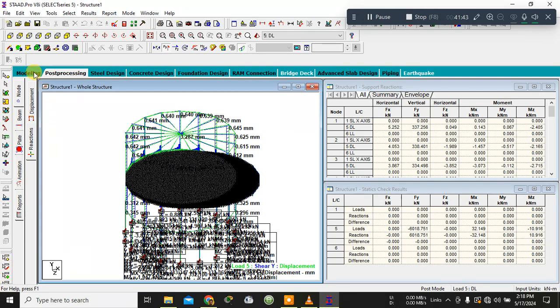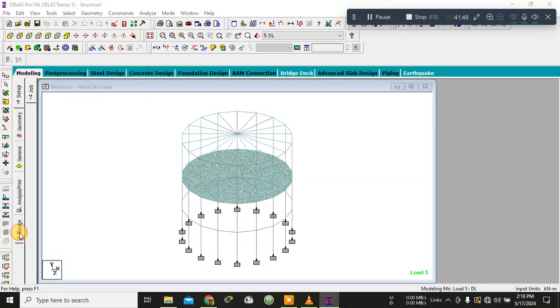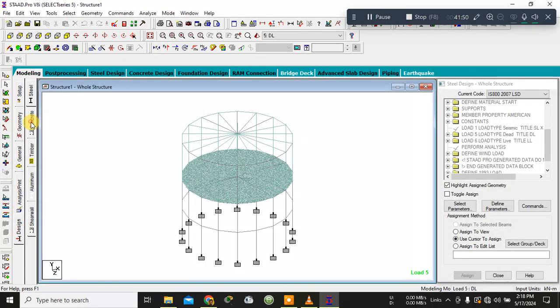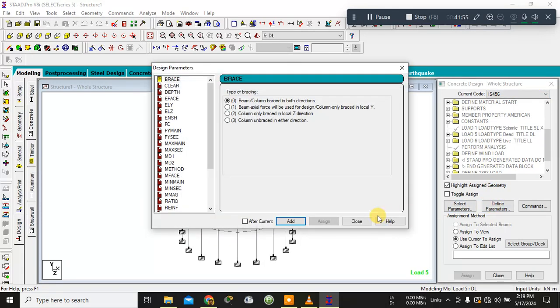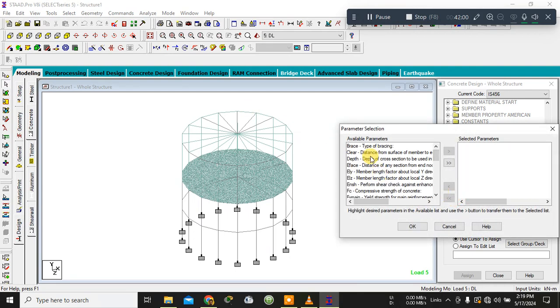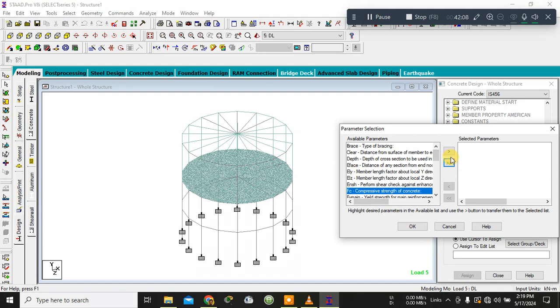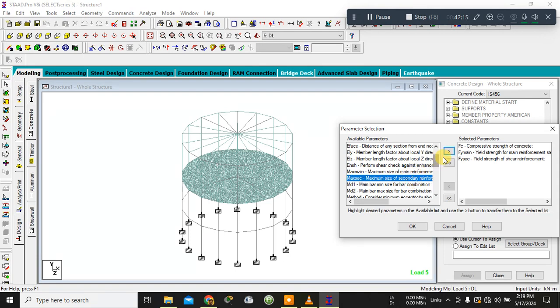after that you have to go again to the design part, and in the design part click on concrete design IS456, define the parameters. Select the parameters first, unselect all, then click on compressive strength, yield strength of main reinforcement, yield strength of secondary reinforcement, maximum size of secondary reinforcement, maximum size of main reinforcement. Okay,